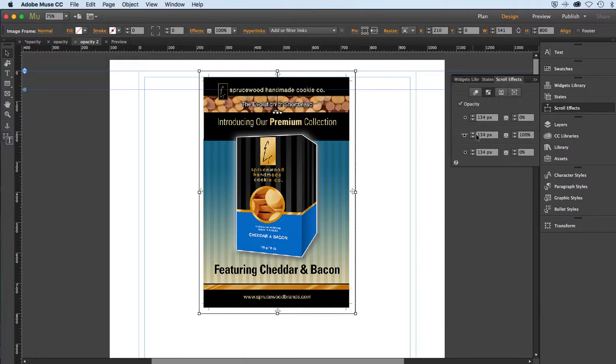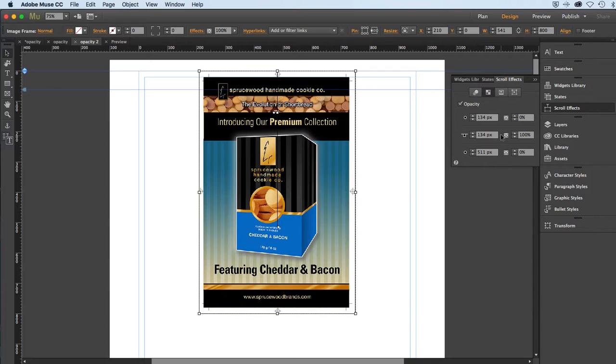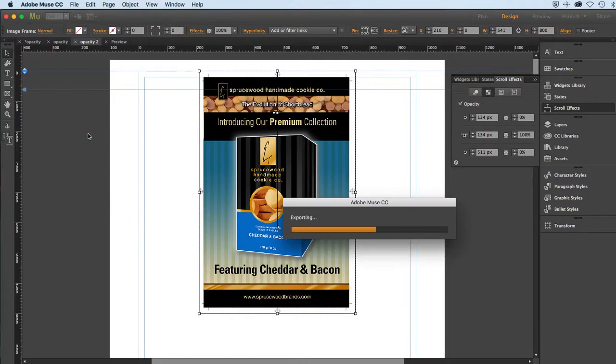And this would be weird if I left it as is, because right now the trigger point is actually in alignment with the last fade position 2. So I'm going to move that one farther away, and you can see it moving down the page. I can also grab it manually, of course, and then you get sort of a shaded area that indicates when I reach this spot on the page, currently under these settings, it will go back to 0%. Why don't we just give this a try and see what we get? I know I'm not going to like it too much, but let's just see where we're at, and then I'll make some changes. So I can go up to File, Preview Page in Browser,